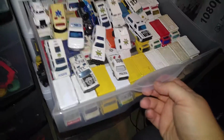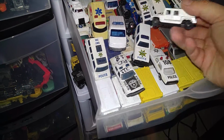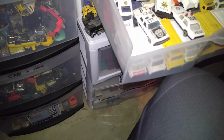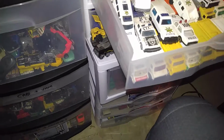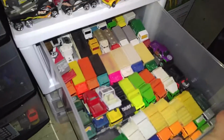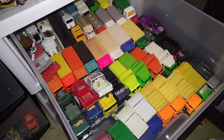This drawer had a lot of ambulances. Some police cars. Mostly just ambulances. You have these plastic police vehicles. Come on, drawer. Thank you. Okay, well, it's obviously getting stuck on something else. Alright, just some more trucks in there, more tow trucks that I have to organize. In this bin, you can see garbage trucks and some fuel trucks, and randomly put in here